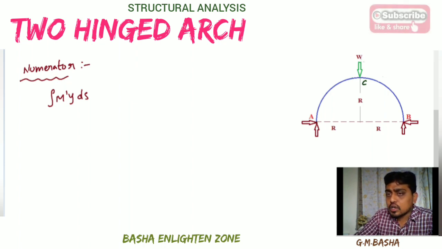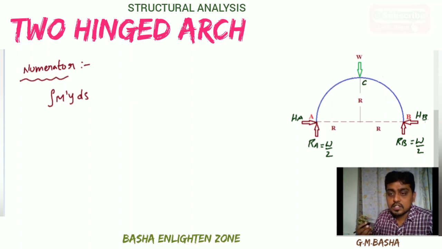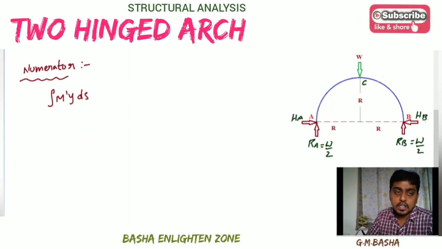See here, whenever a concentrated load is acting exactly at the center, same as a simply supported beam, the load will be distributed equally. So you can take down directly, Ra will be equal to W by 2. Similarly, Rb also will be equal to W by 2. You can take down reactions in the form of Ra or Va. Here this one will be Ha, this one will be Hb. Already I explained in the last topic that normally this type of arches carries only vertical loads. Therefore, equilibrium of the forces in the horizontal direction gives Ha equal to H and Hb equal to H. Therefore, I am taking it in the form of H itself directly.